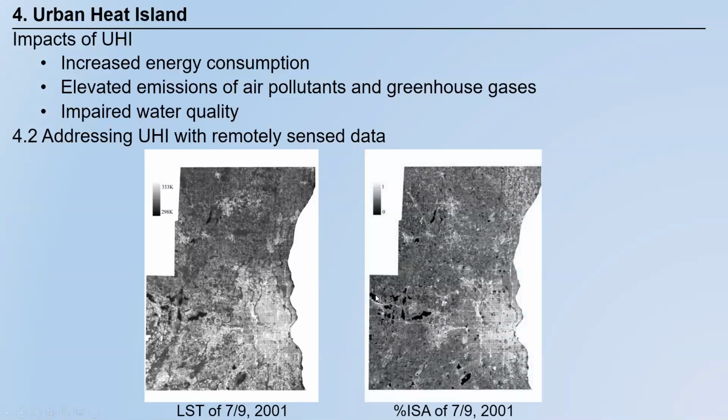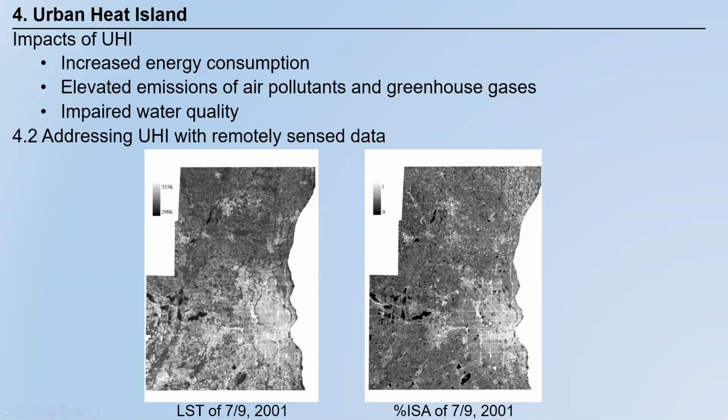And here is another thematic map, but this time it's not for land surface temperature, it's for abundance of impervious surface. If you compare these two maps, you can see that the bright areas are consistent in these two maps. On the left side, we have bright areas within Milwaukee City. On the right side, we still have bright areas,